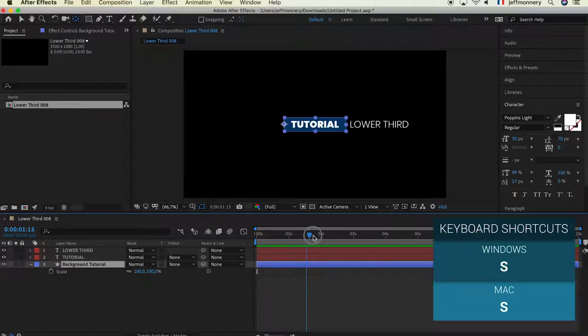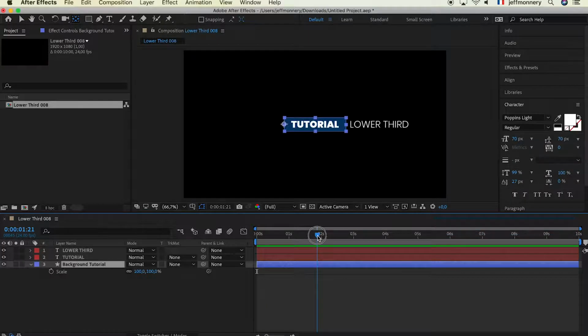You're gonna go to maybe 2 seconds, and you're gonna unlink here. Click on the stopwatch, go to 0 second, click here to create a keyframe, and here you're gonna write 0. So here 100%, actually move this keyframe around here, maybe 4 seconds,